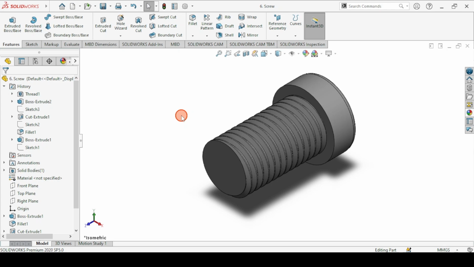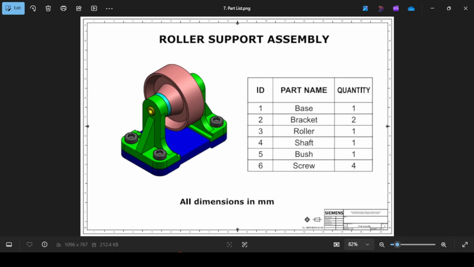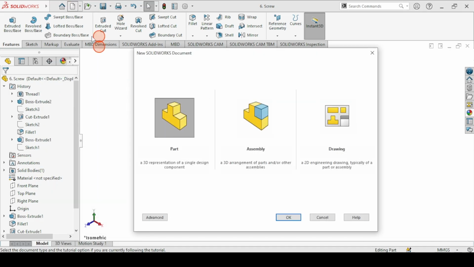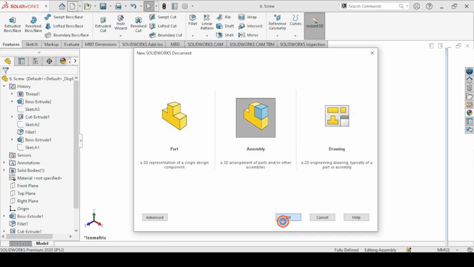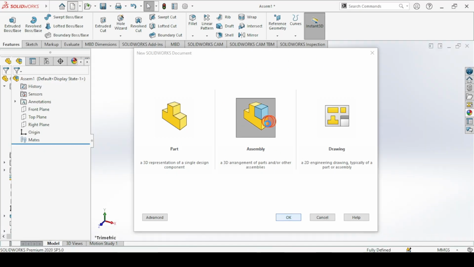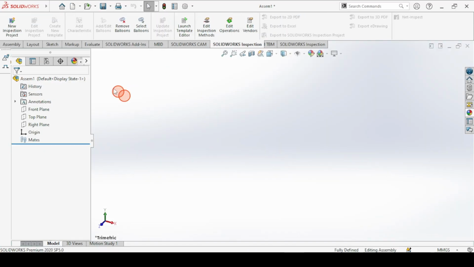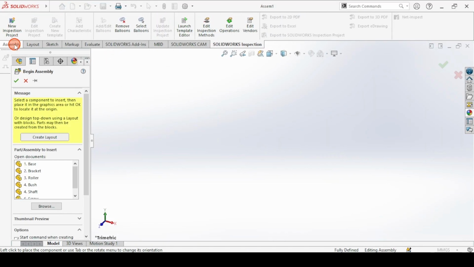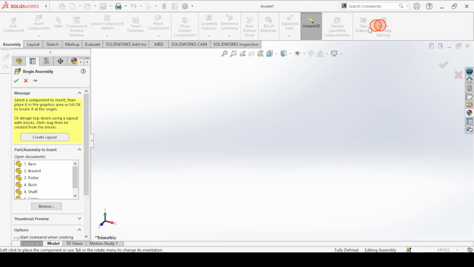In the previous video, we created all the components needed for the roller support assembly. In this part of the tutorial, which is part 2, you're going to create the final assembly. So create a new assembly file, and that should take us to the SolidWorks assembly workspace. In the assemblies tab, you have all these commands that we can use, and in this window here, since you have opened all the files already,